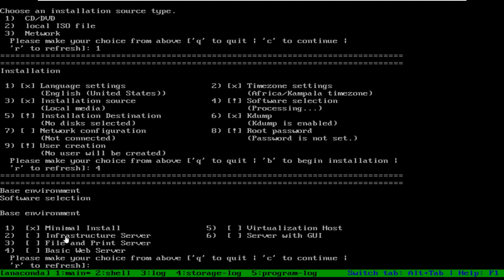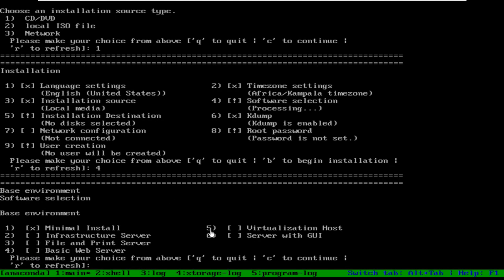It will install all the required software to configure this infrastructure server, like an identity server. Then if you want this server configured as a file and print server, you can select number 3. It will install all the software required to configure it like that. Then you can select basic web server, that is number 4. That means it will install all the software required to configure a web server.